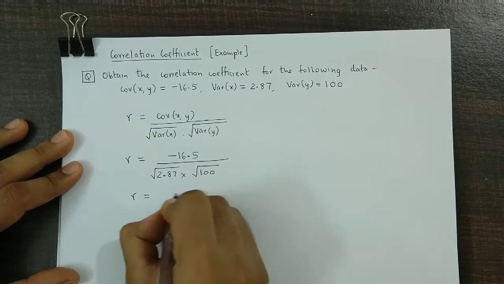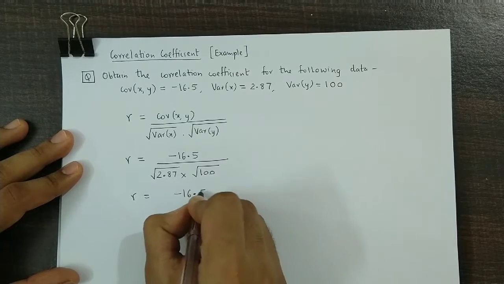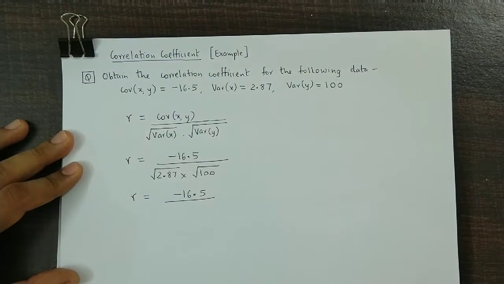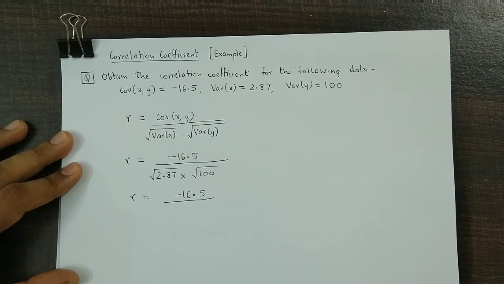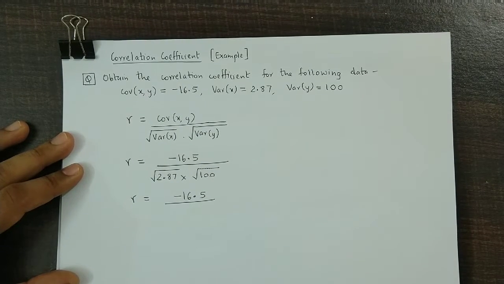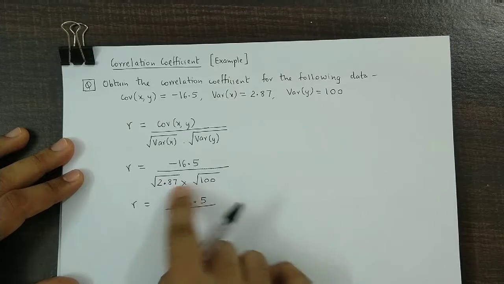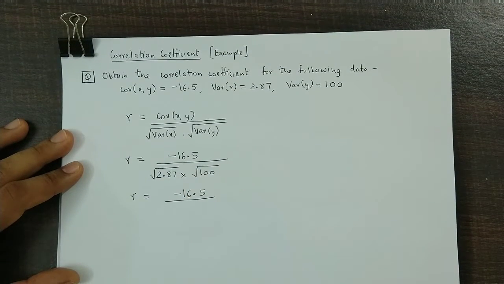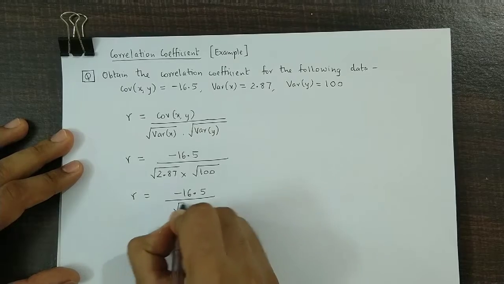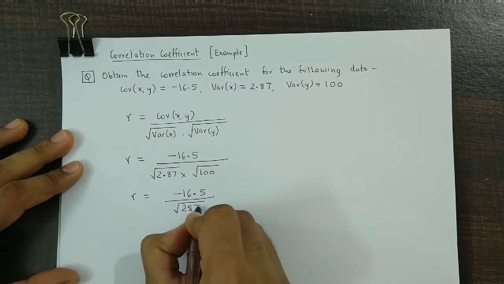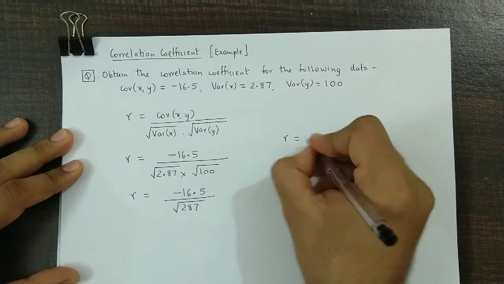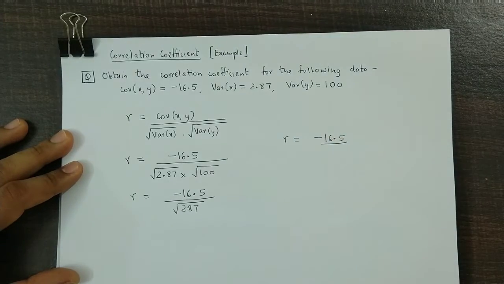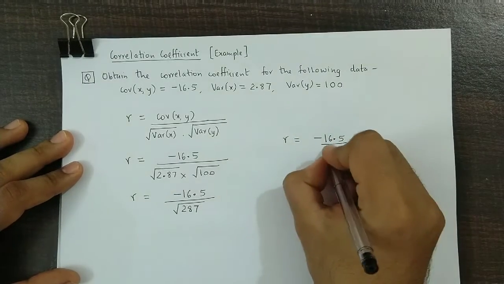So R is equal to minus 16.5. Now square root of 2.87 and 100. So we basically multiply these two square roots. So 2.87 into 100. So that gives root of 287. So R is equal to minus 16.5 and square root of 287 is